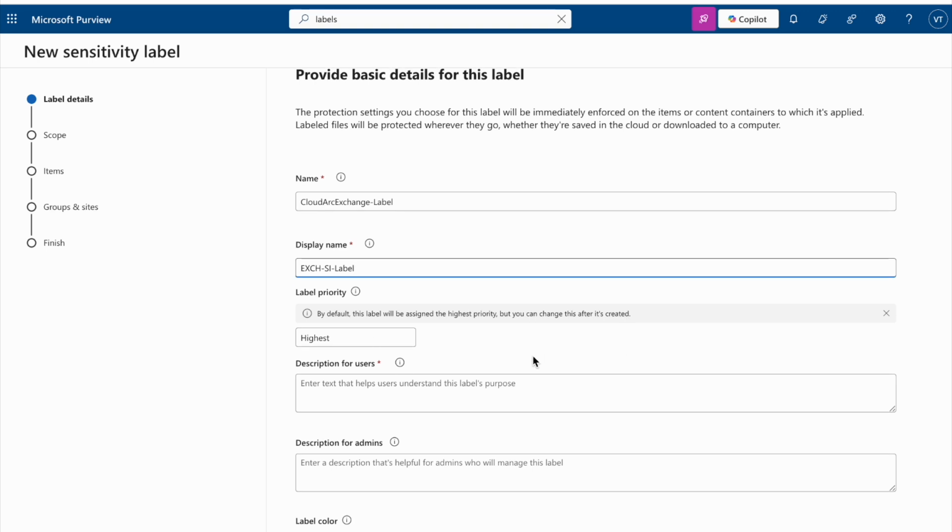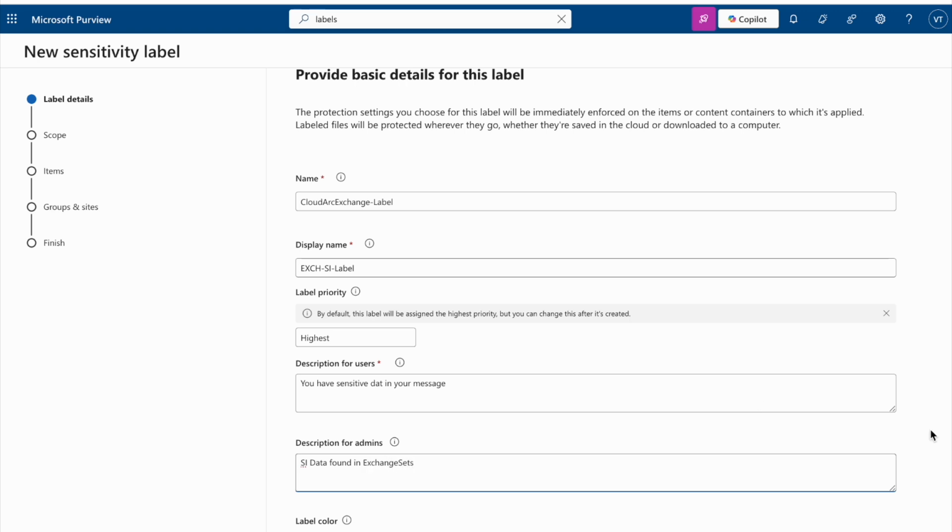The label priority is going to be the highest priority. Description for the users: you have sensitive data in your message. And description for admins: SI data found in